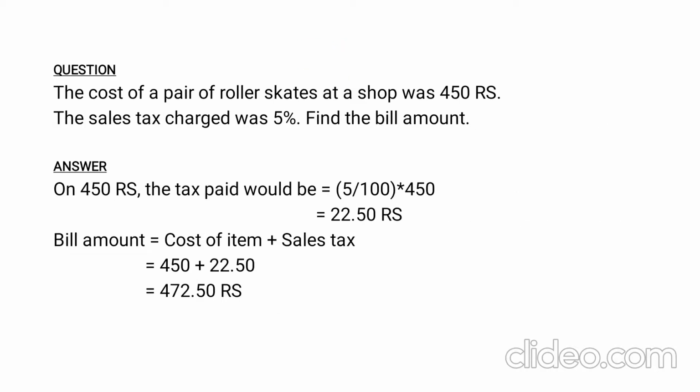Let us take an example to understand it. The cost of a pair of roller skates at a shop was 450 rupees. The sale tax charged was 5%. Find the bill amount. On 450 rupees, the tax paid would be 5 by 100 into 450, that is 22.50 rupees. Thus, the bill amount will be cost of item plus sale tax, that is 450 plus 22.50, which gives us the bill amount of